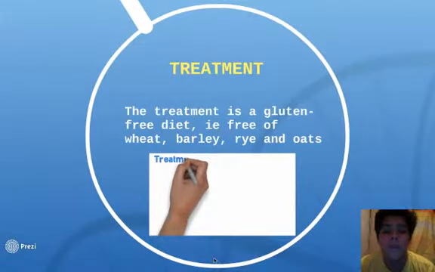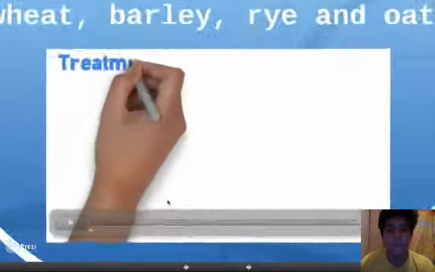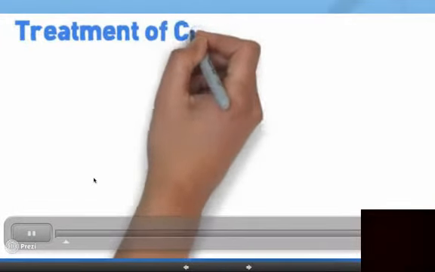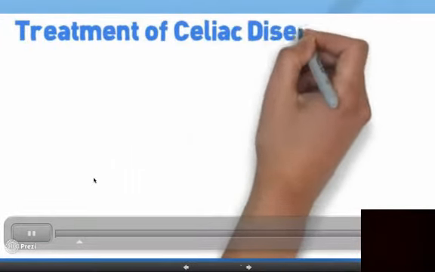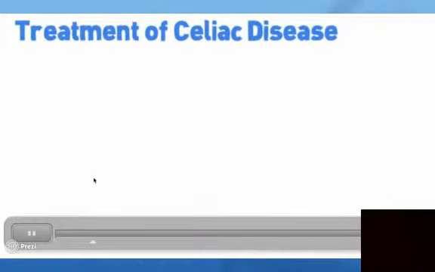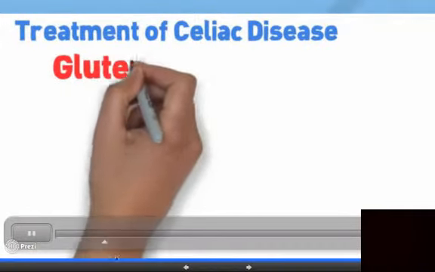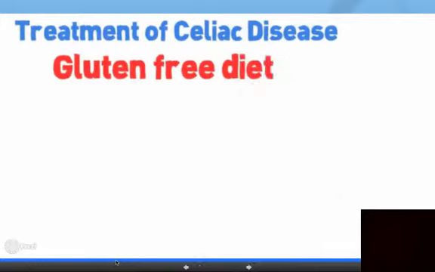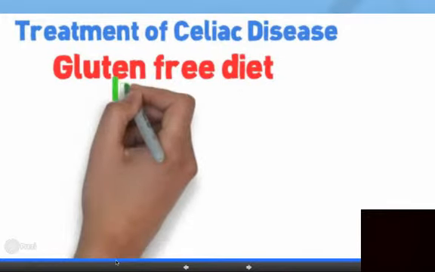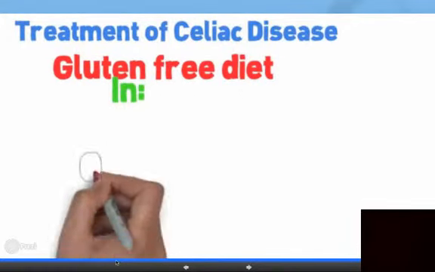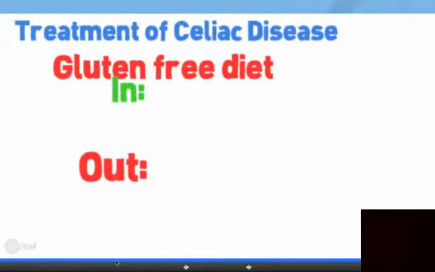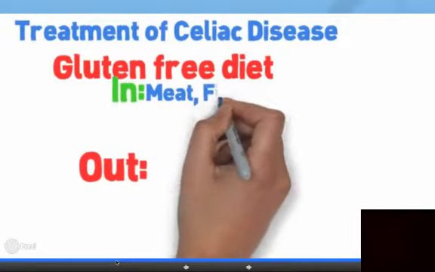Treatment. Treatment is a gluten-free diet free of wheat, barley, rye, and oats. You'll see them elongating. So how do you treat celiac disease? Well, really just a gluten-free diet. That's also how we treat celiac disease. We avoid the trigger. Now, gluten-free diets are hard to maintain because there's a little bit of gluten in almost everything. But things to consider that are both in, that you can eat, and things you can't eat are, so